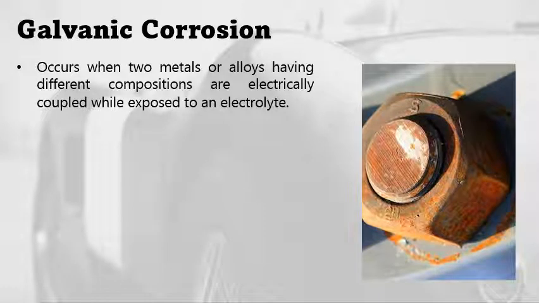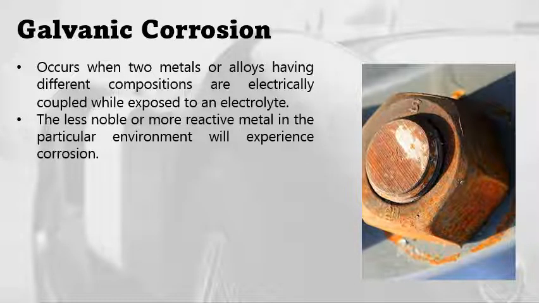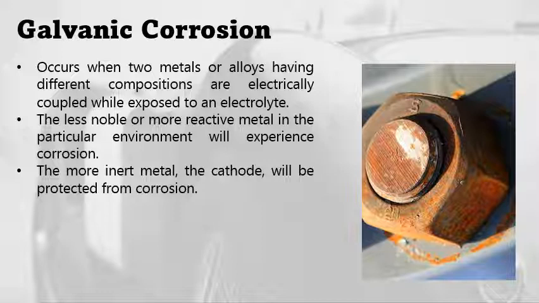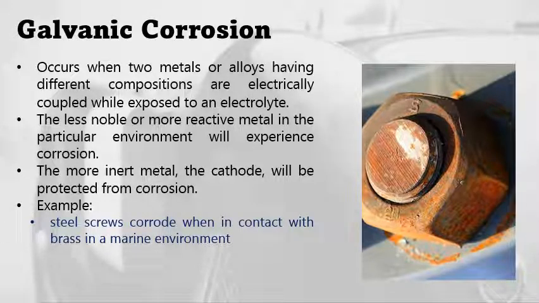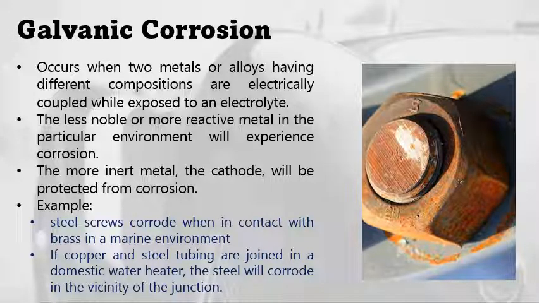Galvanic corrosion occurs when two metals or alloys having different compositions are electrically coupled while exposed to an electrolyte. The less noble or more reactive metal in the particular environment will experience the corrosion. The more inert metal, which is the cathode, will be protected from the corrosion. For example, steel screws corrode when in contact with brass in a marine environment. Or if copper and steel tubing are joined in a domestic water heater, the steel will corrode in the vicinity